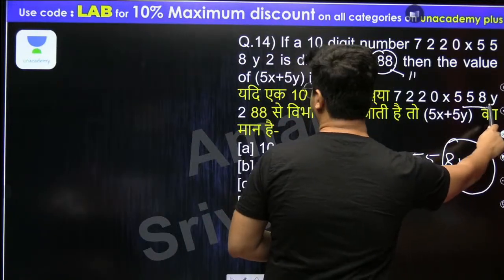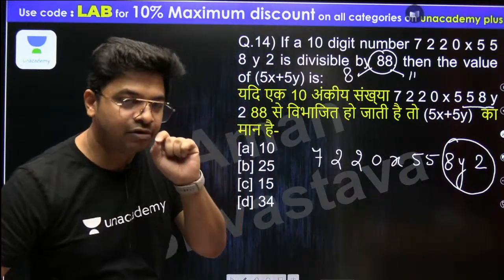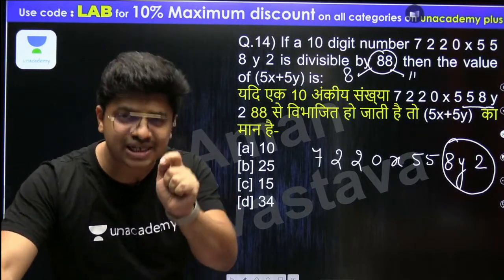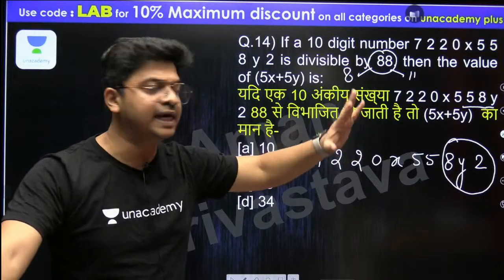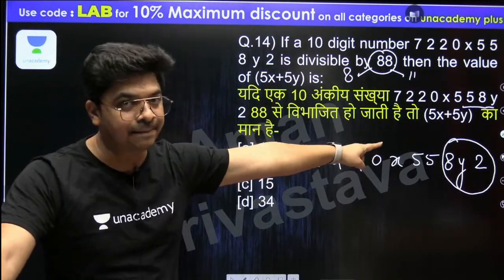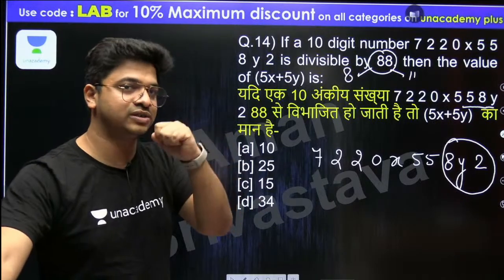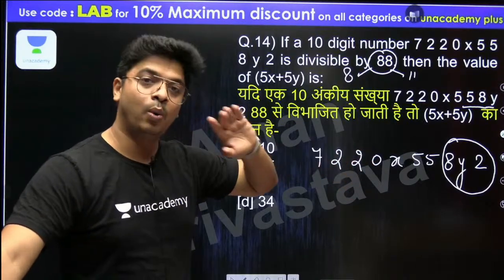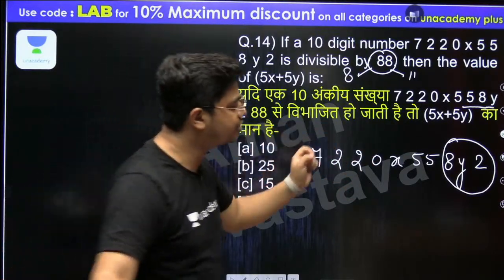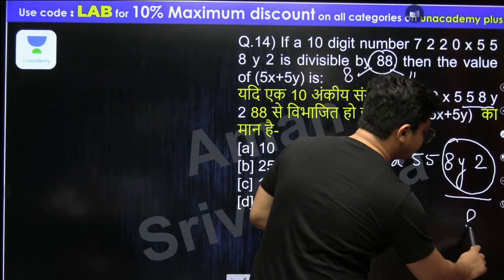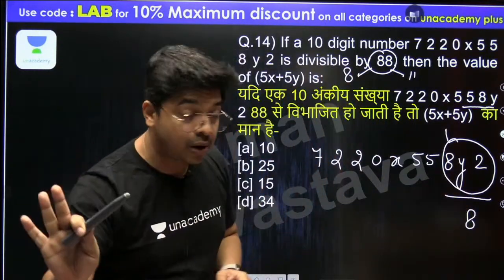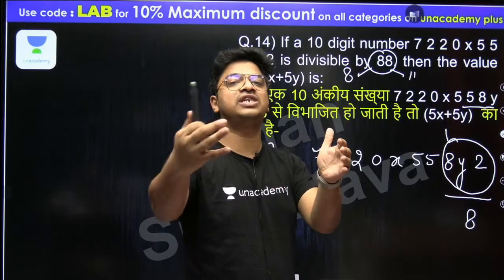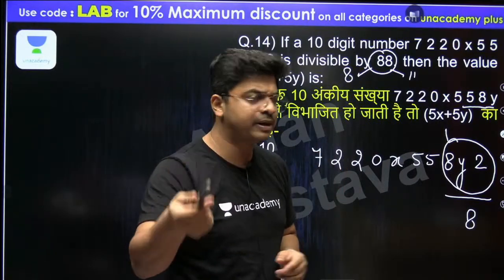You see now 58y2 is there. All right. So once we have to see the divisibility of 8, we just have to focus on the last 3 digits, nothing else. We just have to focus on the last 3 digits of the number. So it is 8y2. I'll divide the last 3 digits with 8. 8 ones are 8, this is gone now. Now what number should come in place of y so that y and 2 cumulatively become divisible by